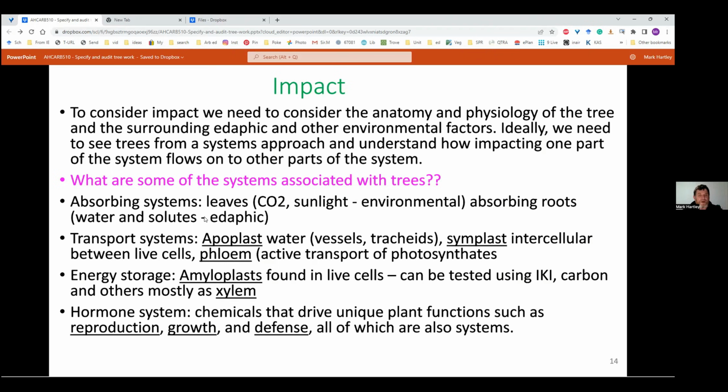So we said hormonal systems that control things like reproduction, growth and defense, they're all important systems. One of the things you can get hormonally, and we know this works with lots of things, is that stressing can increase fruit production. Why? Well, there's a school of thought that says that one of the tree's main jobs is to produce seeds so that it can reproduce, and if it's stressed, it needs to get on with that process. So it'll try that.